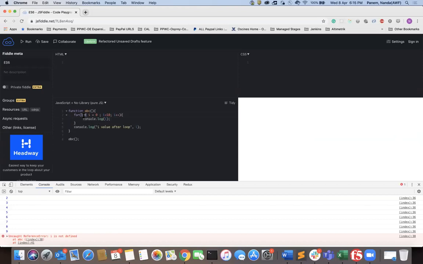Suppose you give var, what is going to happen? Suppose the function has a lot of things happening inside. As of now I have written only 4 lines, but if you're writing around 50 to 100 lines of function, you may need to create hundreds of variables. All those variables will stay in memory, wasting your browser's memory, and we may forget them sometimes and they won't be useful. Somewhere it will cause program execution failure. That's the reason JavaScript ES6 came up with a good feature.